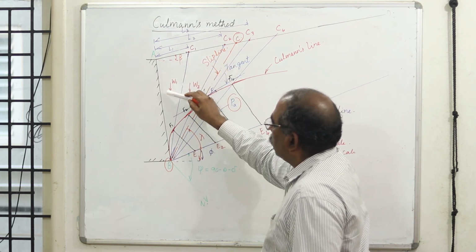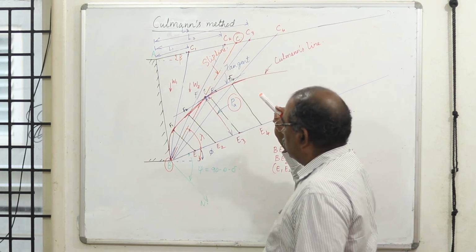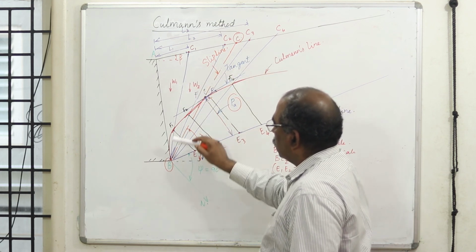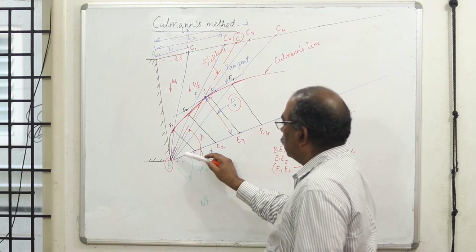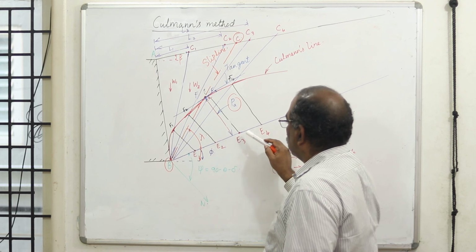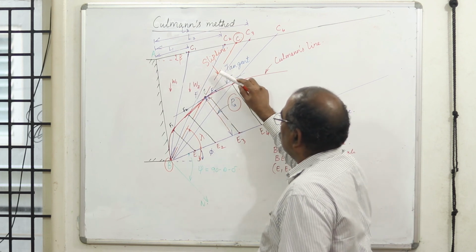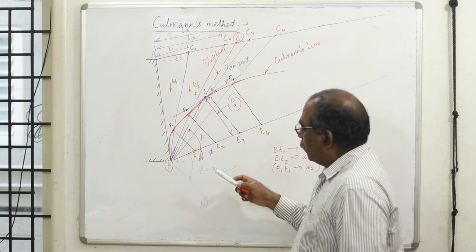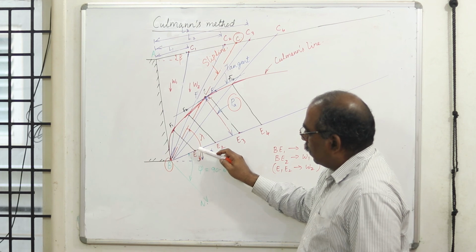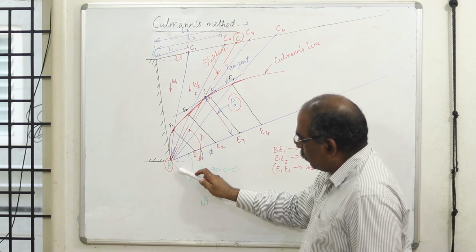Now I can find out what is the weight of the wedge. Like this I can form various wedges, and I can represent the weight of the wedge on the phi line to some scale as E1, E2, E3, E4 for the various weights W1, W2, W3, W4. Like this you can go on for 4 or 5 wedges. Then from each point E1, E2, I am going to draw a line parallel to the side line which I have already constructed.